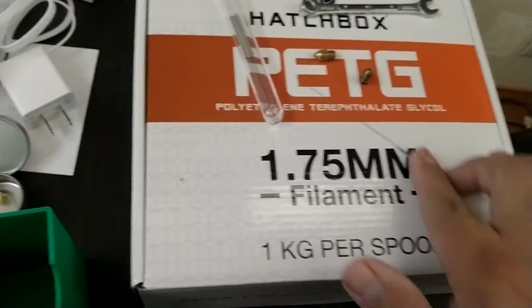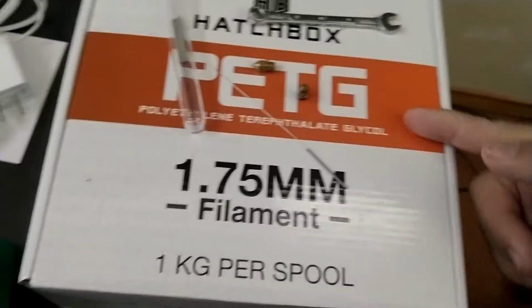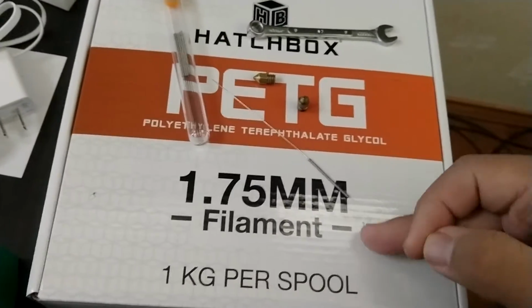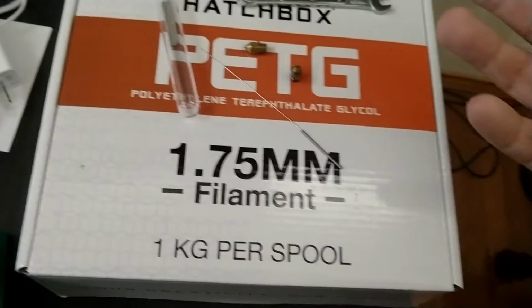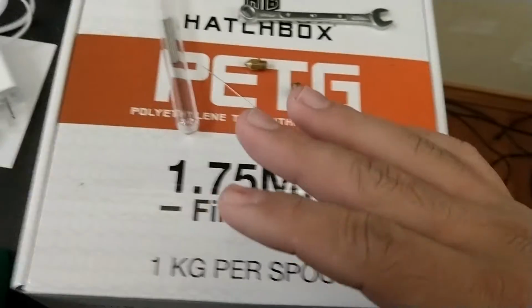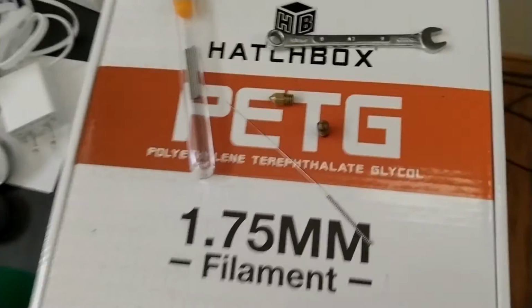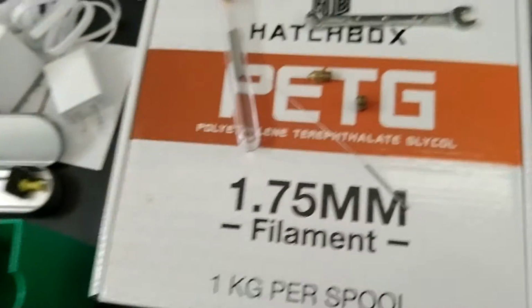Great stocking stuffer. Filament itself, remember, you don't want PETG for a newbie. You want PLA. And 1.75 millimeter filament, and they come in 1 kilogram spools, 2.2 pounds. That's about enough for a week of printing 24/7, and generally, depending on what you're printing. But for me, that runs a week. So if you want to buy 2 kilograms, they're about $20 a spool, and